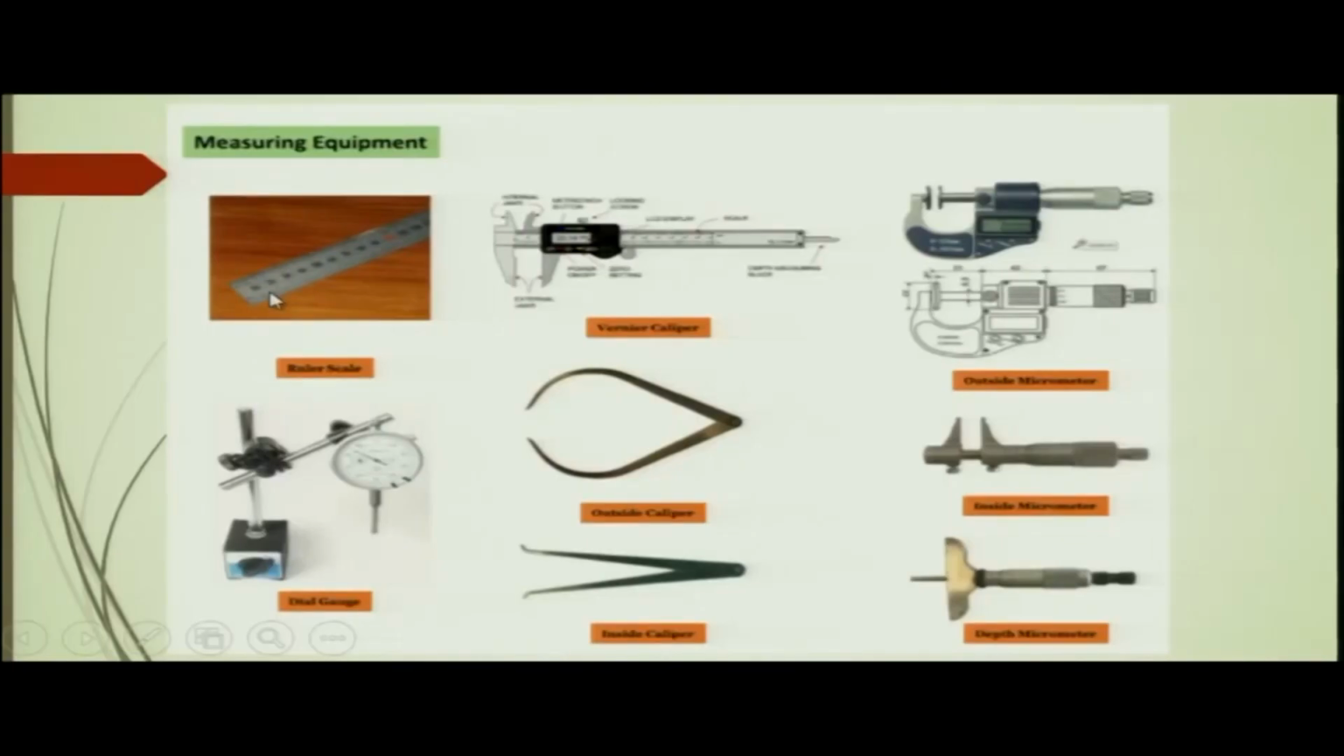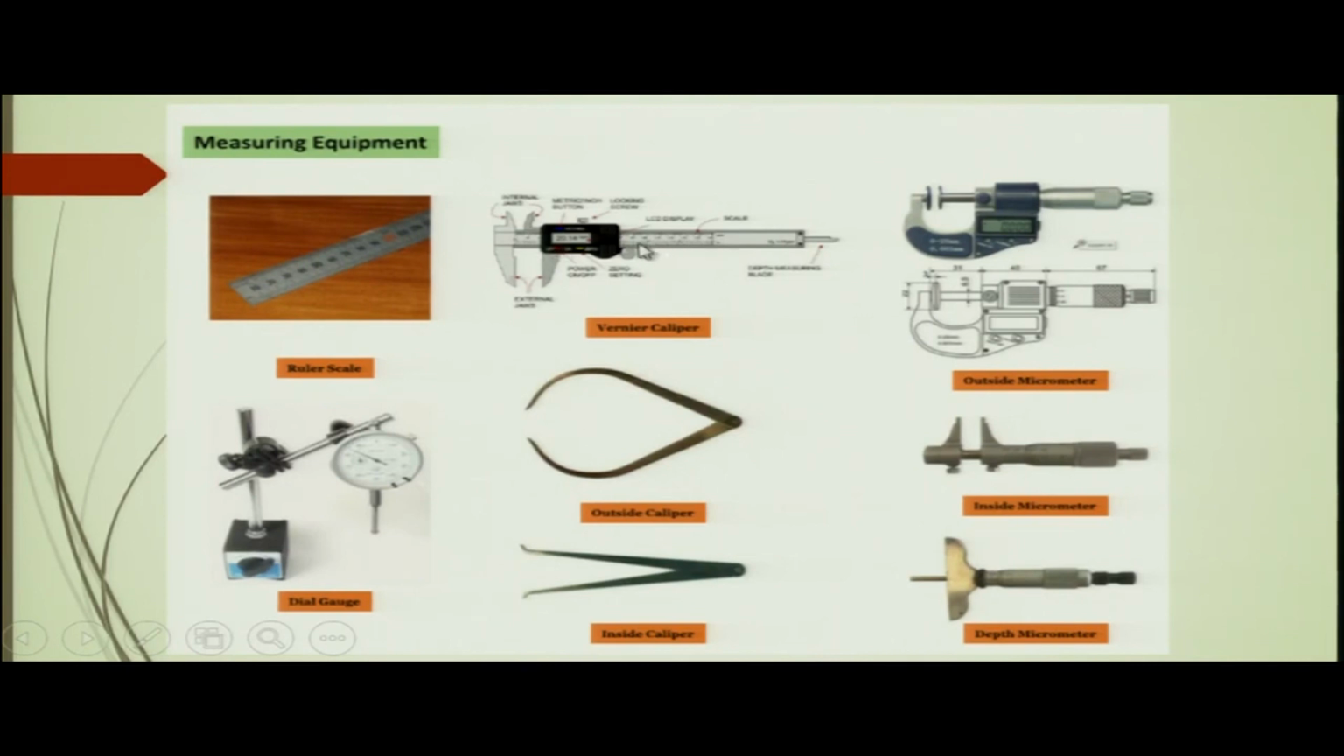Next you can see the measuring instruments, measuring equipment. This is the ruler scale. Here you can see the vernier caliper. Vernier caliper is a precise instrument to measure the diameter of a cylinder, or the external diameter of a cylinder, or the internal diameter of the hole. So, external diameter can be measured by these jaws, and internal diameter can be measured by these jaws, and this